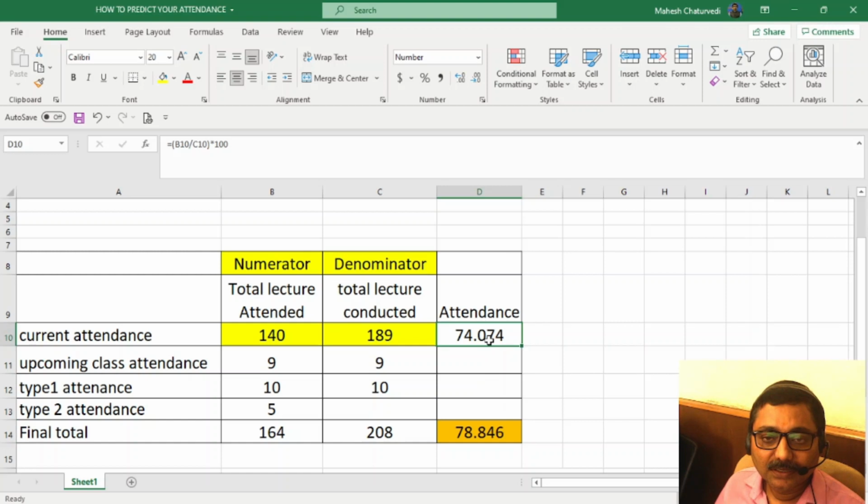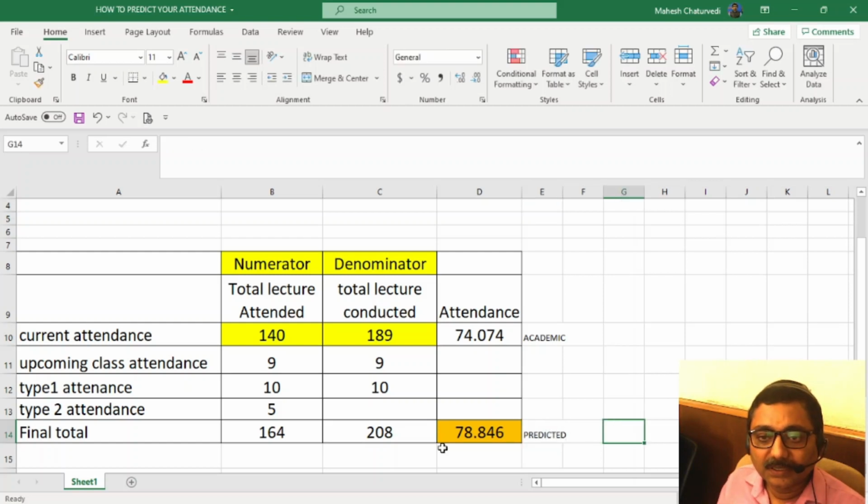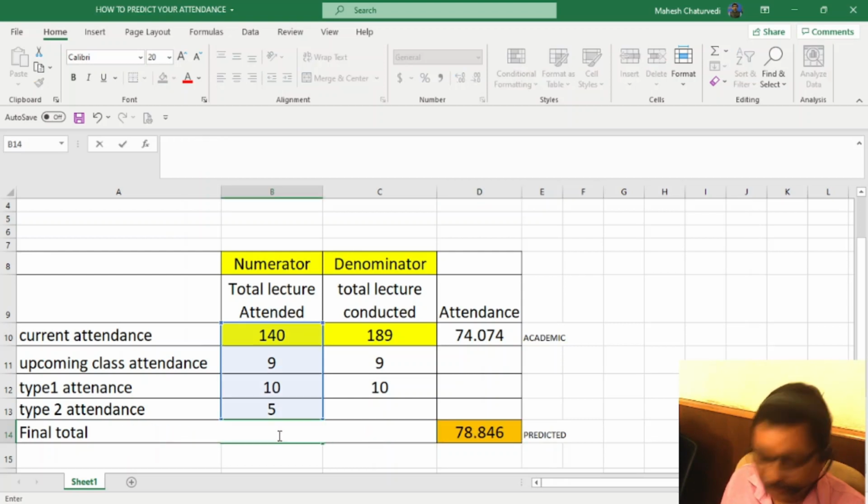Now what is the formula for prediction of attendance? This is your academic attendance and this is your predicted attendance. For getting this, I'm going to tell you how to do it.